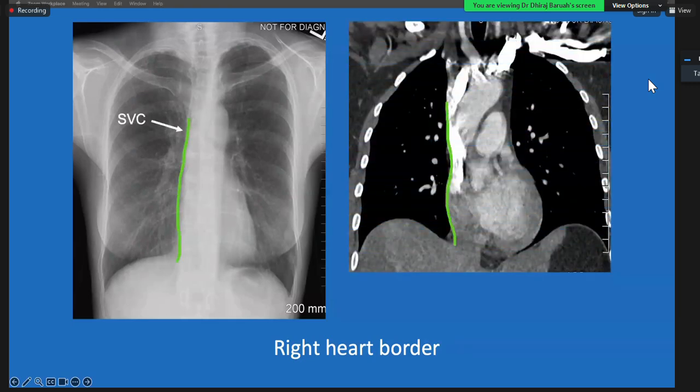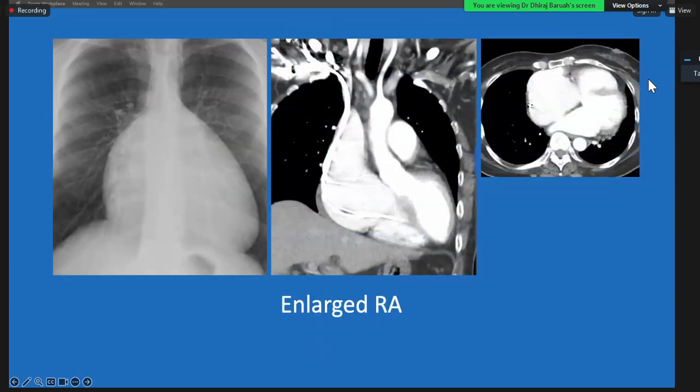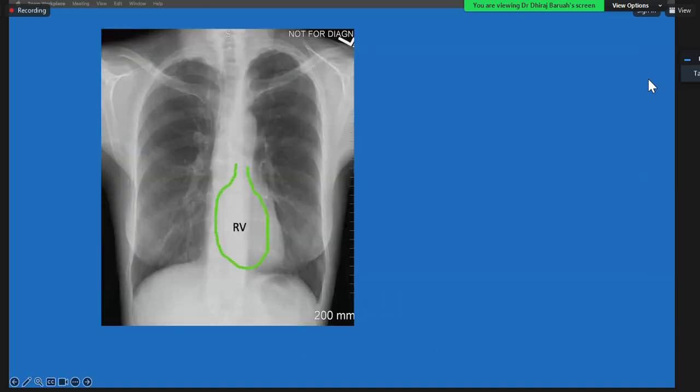So the superior vena cava has some contribution to the right heart border, but the primary structure outlining the right heart border on a plain radiograph is the right atrium, and then you have the inferior vena cava. So when you have enlargement of that border, that is right atrial enlargement. So for the left side,